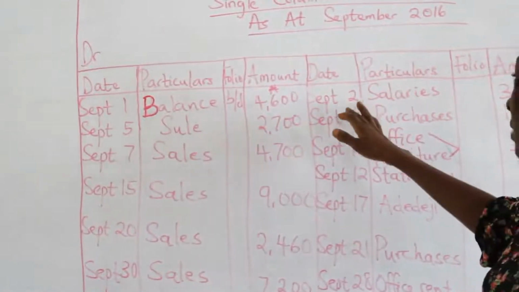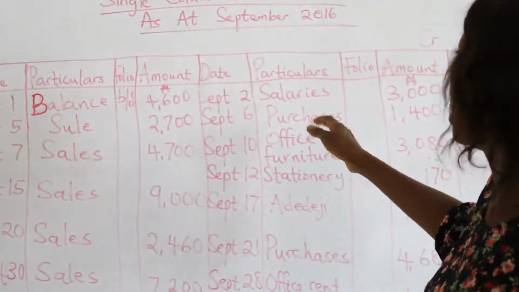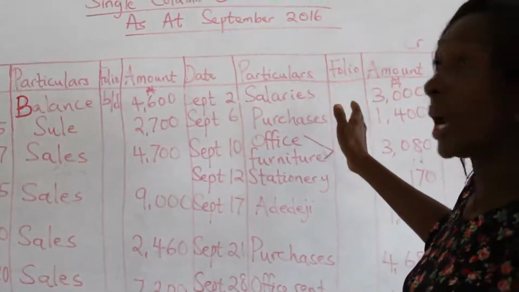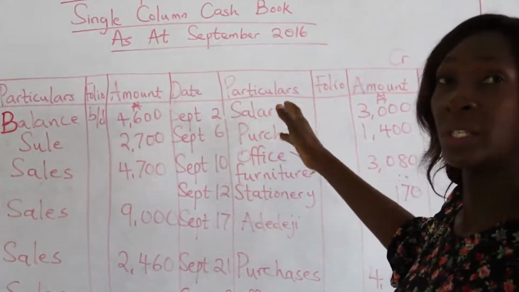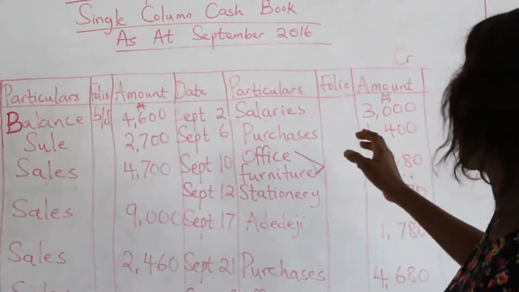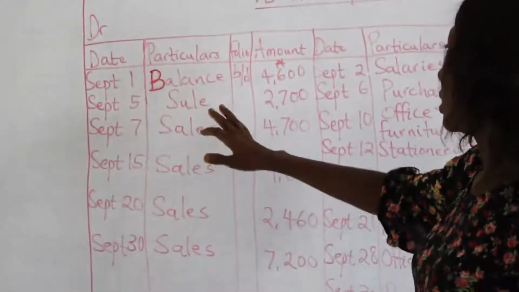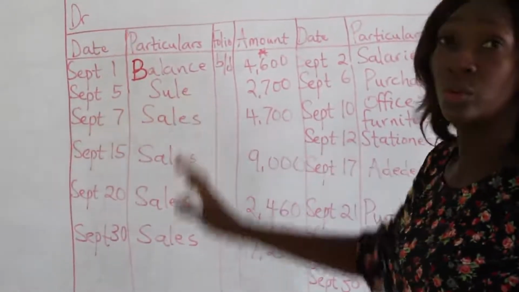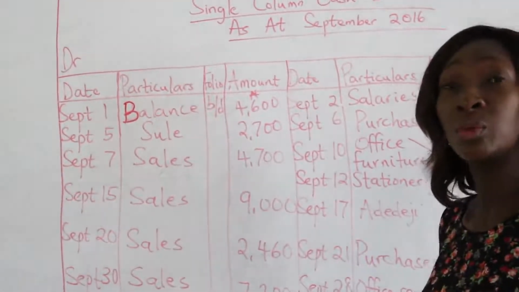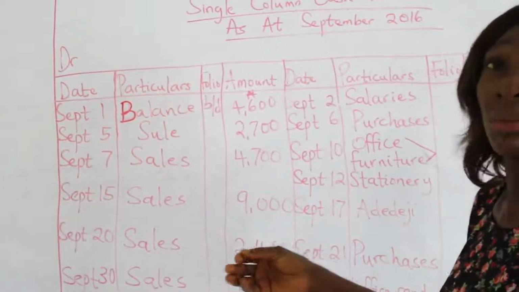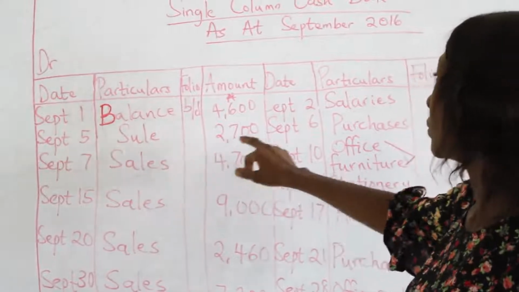On the second day of September, salaries were paid to the employees, and so the business gave out money, and to this effect, the cash book was credited. According to that rule, debit the receiver, credit the giver. On the 5th day of September 2016, we had a transaction with Sule. Sule had already bought some goods before September, but he did not pay. Now he made a cash payment to the business, and so we debited the cash book